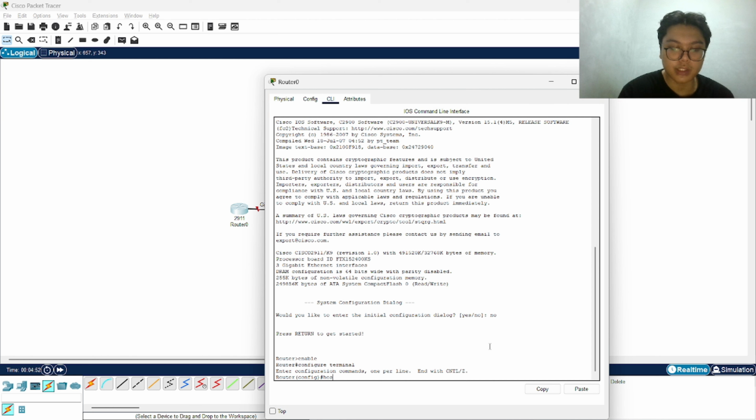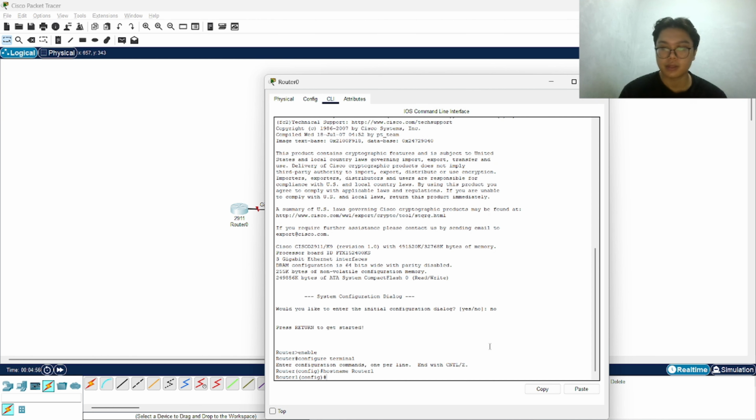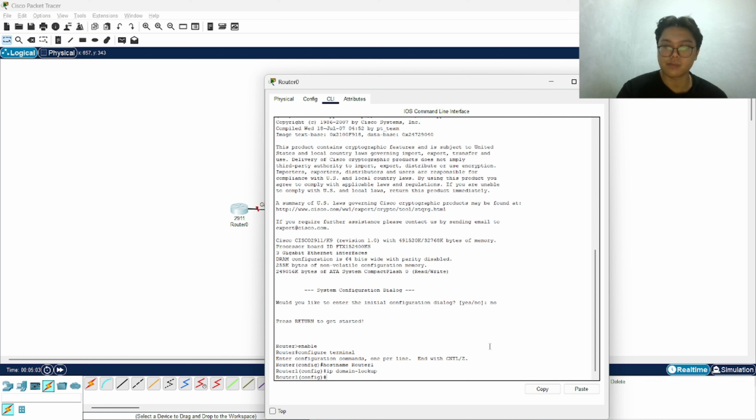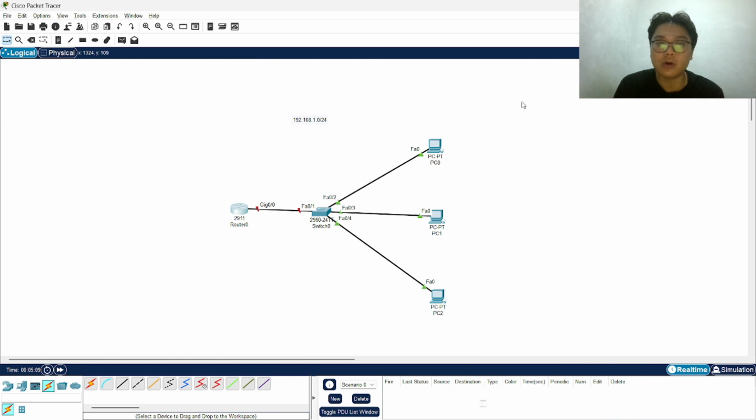Then give the hostname Router1, and type no ip domain-lookup. So just minimize this CLI on the router.